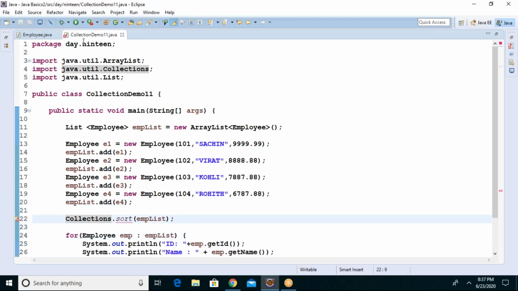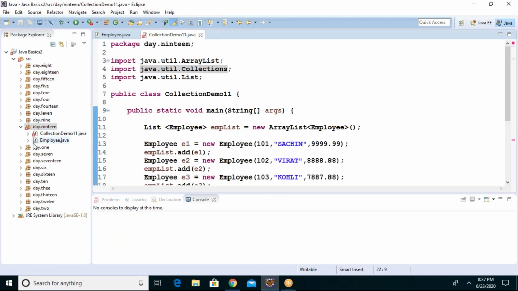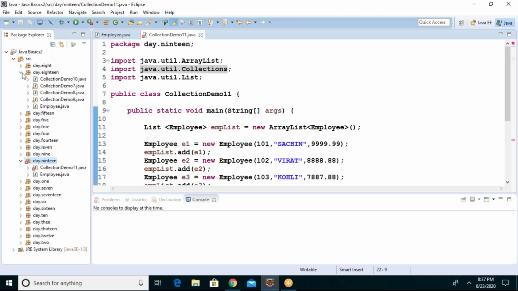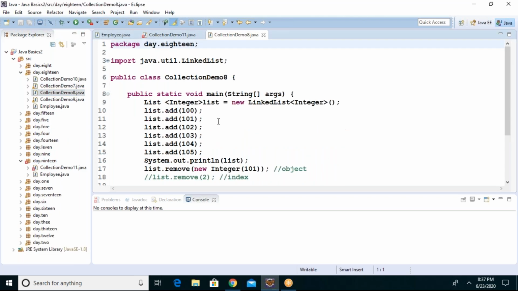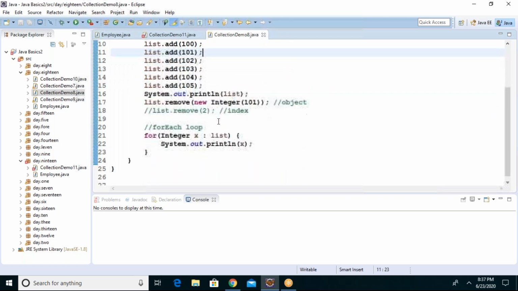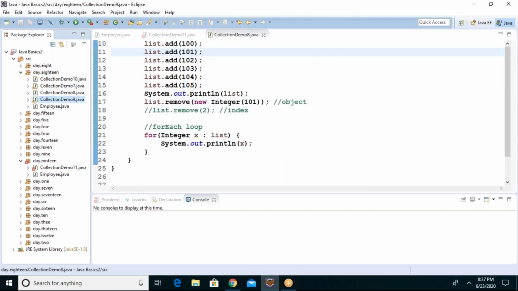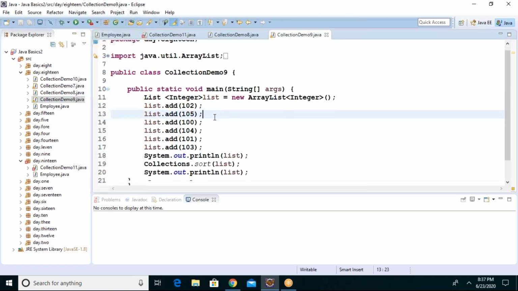See, I could sort before, in day 18, I think. Yes, day 18.